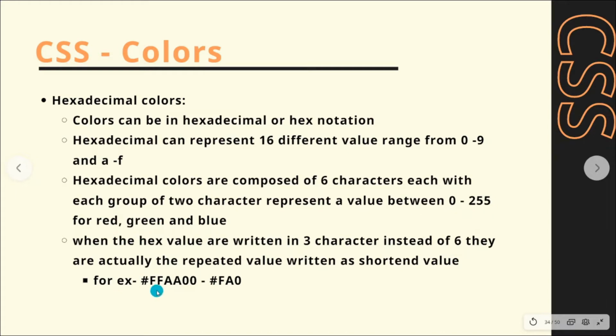For example, these 2 denote the red color, these 2 denote the green color, and these 2 denote the blue color. These values are written in the range from 0 to 9 and A to F. F is the highest one and it starts from 0.